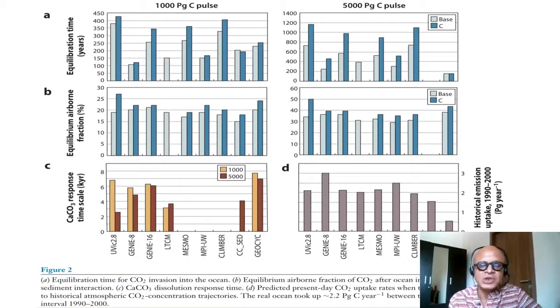So Archer did a lot of work on this. This is from his paper, which used multiple models with various details of carbon cycle, including calcite chemistry and the calcium carbonate pH stat and so on and so forth. And he looks at a couple of slugs, or pulses, of CO2. So he's looking at a 1,000 petagram carbon pulse, like the pulse we saw in the case of the Paleocene-Eocene Thermal Maximum, and a 5,000 petagram carbon pulse, and looks at the equilibration time in years